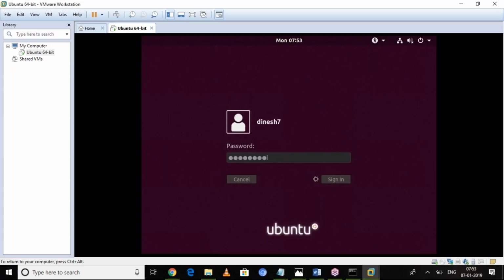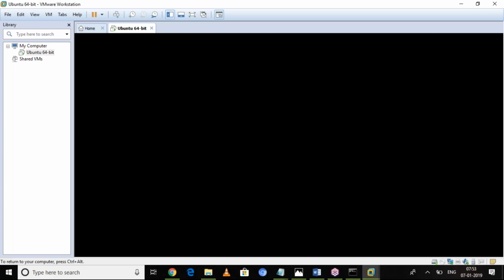Hit enter, and it will show you the desktop. Why? Because we are working with GUI. It is a personal system. In the personal system, you can work with the GUI and also with the CUI. But in the companies, in real time, you will only connect to CUI.